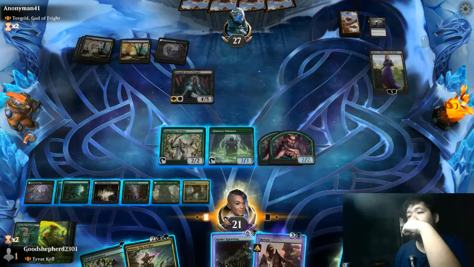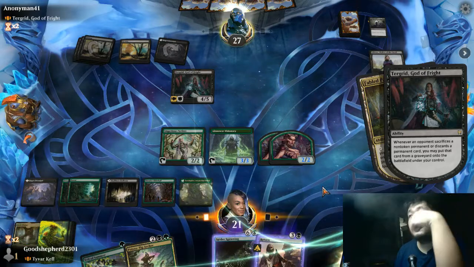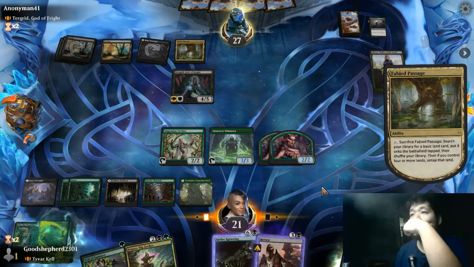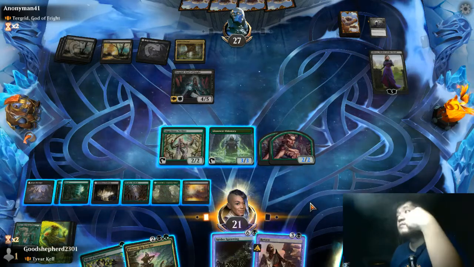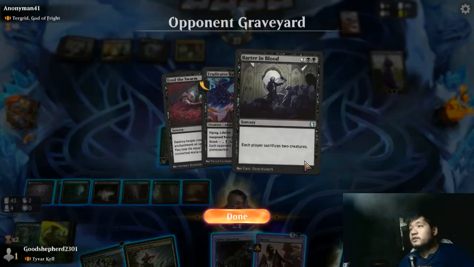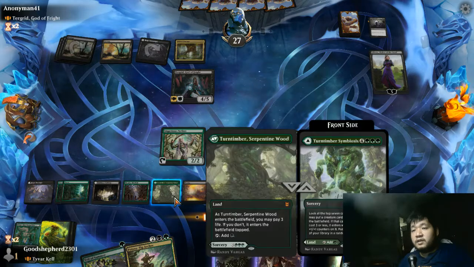Now this is activate only as a sorcery, so not so great. I'm gonna give my opponent a land because I kind of need it. Could I have waited? Maybe. At least I get it back in my yard. Now this is a sorcery also. Exile target card in the graveyard. Fortunately,